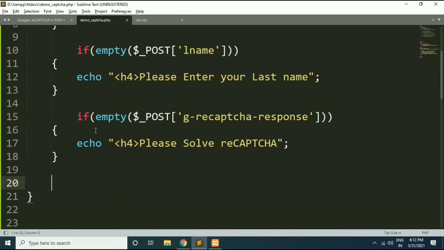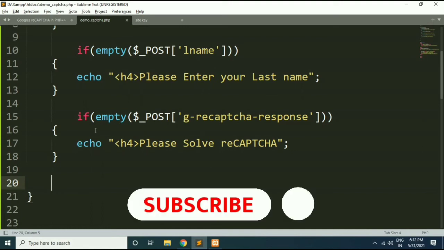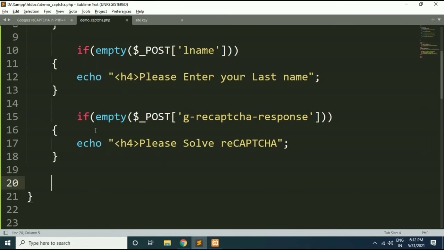Now friends, if the user has provided all the details, meaning he has provided first name, last name and he also solved the reCAPTCHA, then we will proceed further and validate the user's response. So first of all I will check whether the value of Google's reCAPTCHA response is set or not, and whether it is empty or not. If it is set and not empty, then we will proceed further.